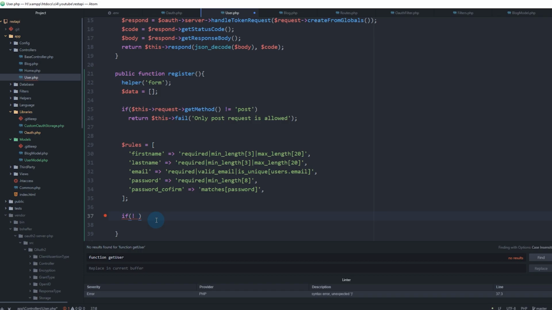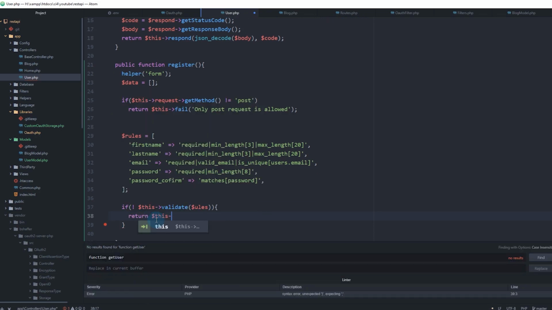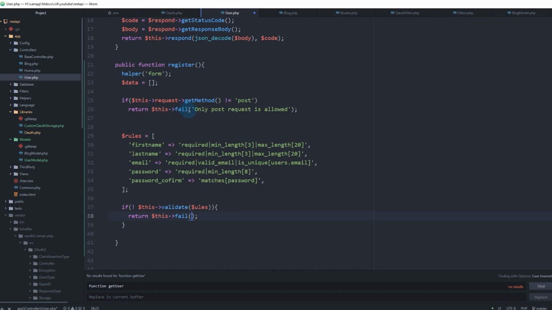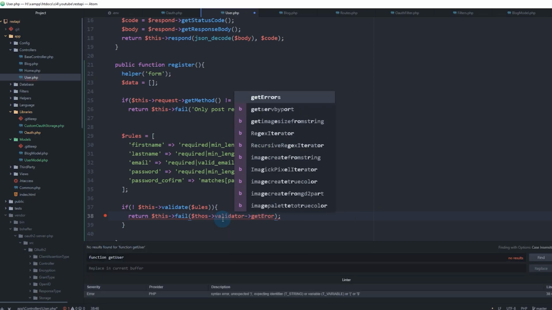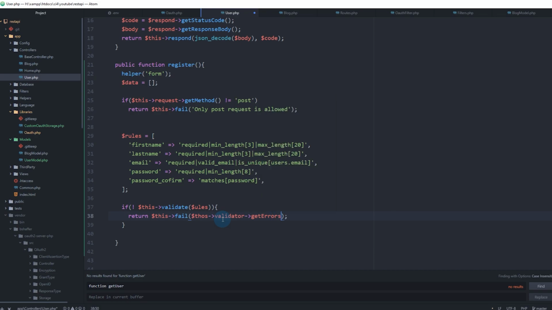If this validation fails, so that's why we put an exclamation mark, this validate rules, return this fail, and inside the fail method we will set our errors. This validator get errors. This method get errors will give us an array of errors without any HTML code. So this is what we want for our REST API. Else,